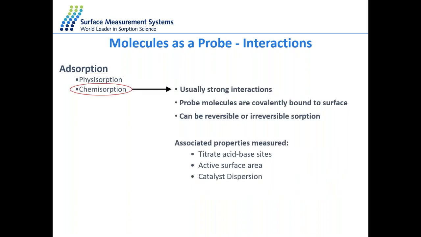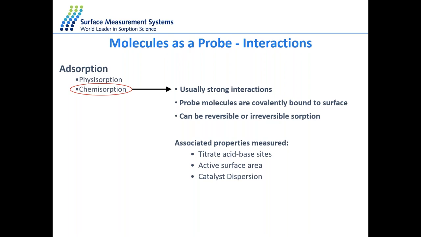A more specific type of interaction that happens on the surface is chemisorption. This is usually a strong interaction and is represented by a covalent bonding between the molecule of solvent that we introduce and the surface of the sample. These specific types of interaction are typical of material that are designed to interact with the solvent that we're using. So titration, acid-base, catalyst dispersion are usually the material that we are analyzing when we are looking at this